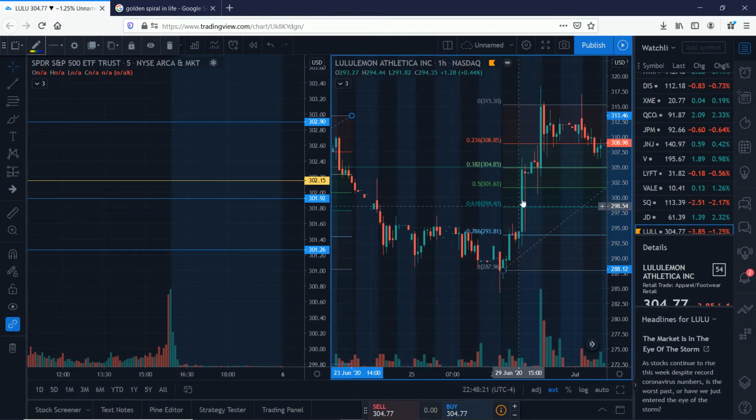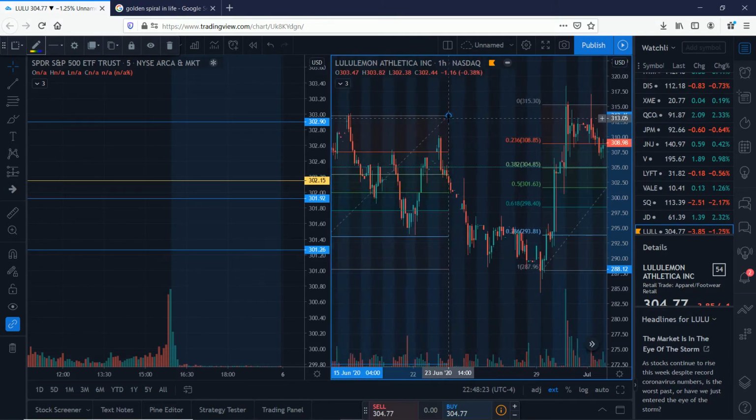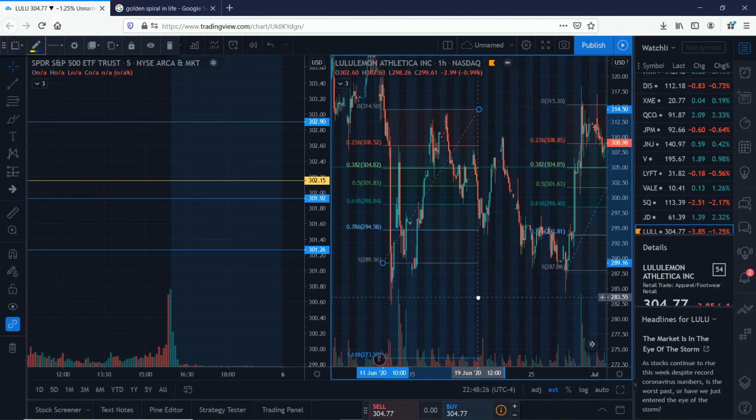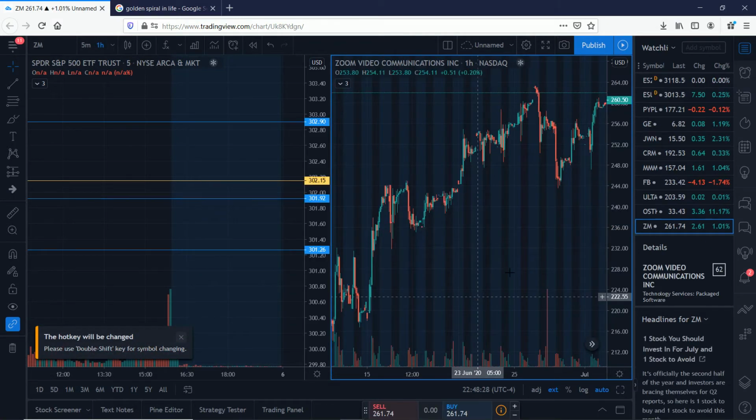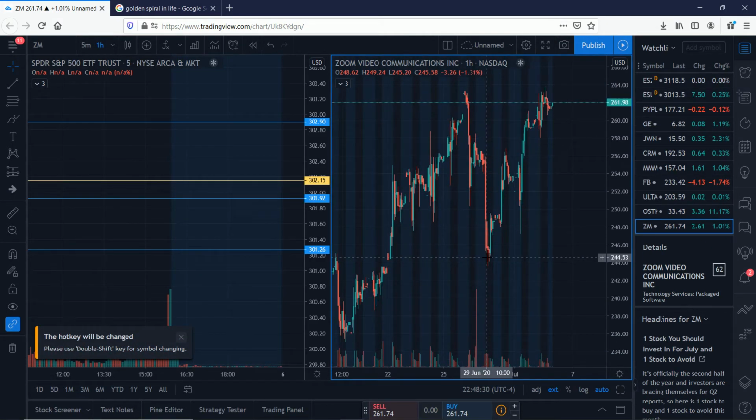We get to the 0.618 and we just completely break right through it. Now this can be used for all charts. We can do it for Zoom. Let's see here. We can do it on Zoom. What else would be a good one to look at? We can look at,